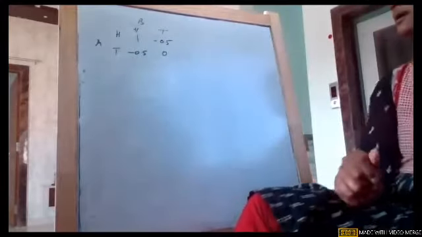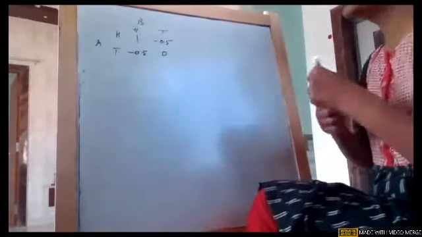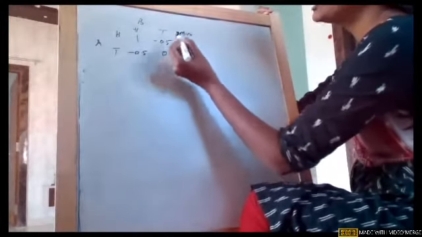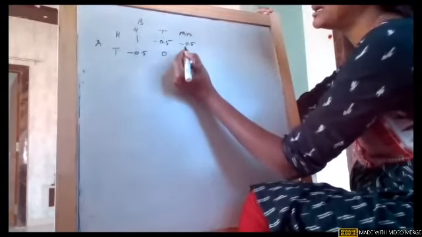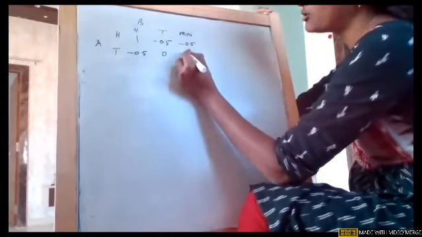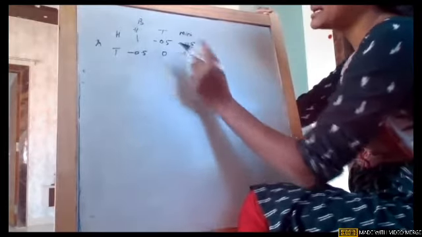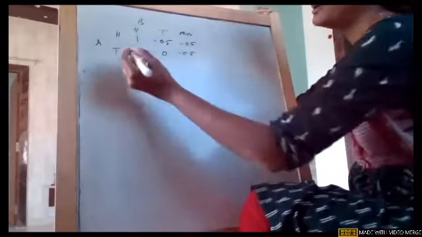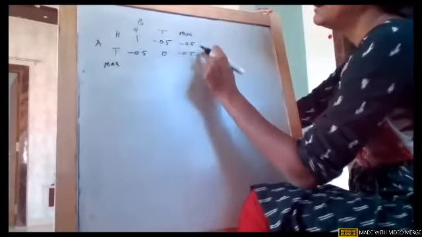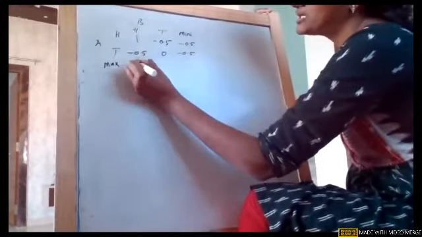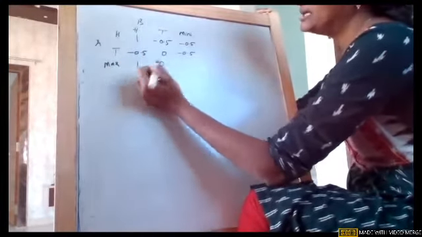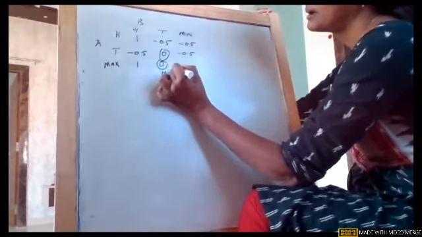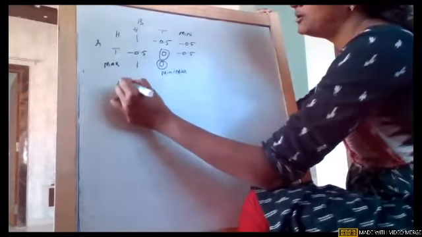Now again use your logic of minimum value, maximum value, minimax and maximin. Minimum value row wise: first row minus 0.5, and second row also minus 0.5. Can I pick any maximum value out of these two? Obviously no. There itself we are arriving, there is no saddle point for this game. I can't derive maximin value row wise. Similarly, we check column wise. Maximum values are 1 and 0. Out of these two, the minimum value is 0. So obviously there is no saddle point.